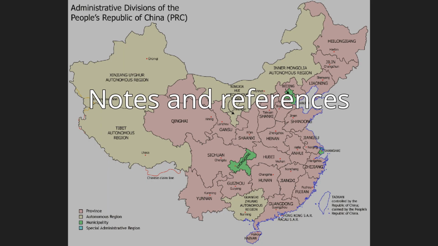Notes and references. Fitzpatrick, John. 1992. The Middle Kingdom, the Middle Sea, and the Geographical Pivot of History. Review, Fernand Braudel Center 15.3. Research Foundation of SUNY, 477, 5.1. https://www.jstor.org/stable/40241233